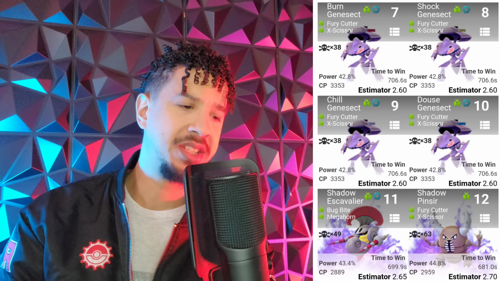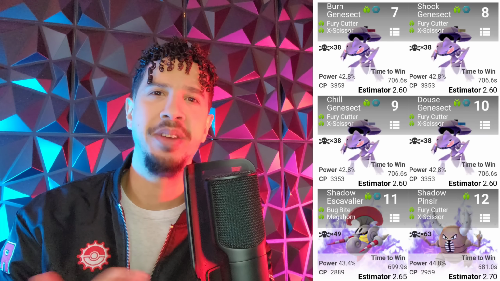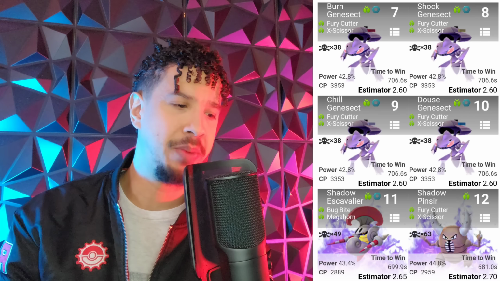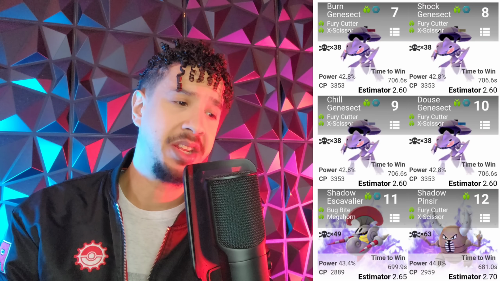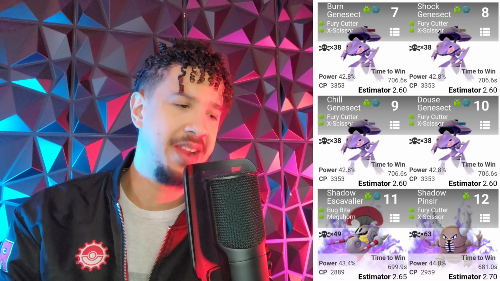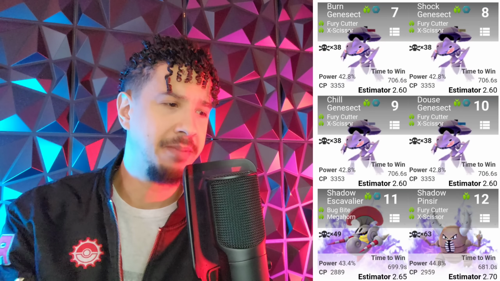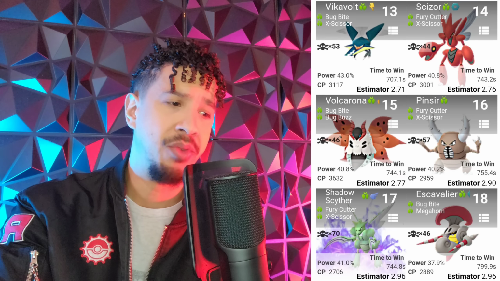And then we have Shadow Escavalier. I had a Shadow, had horrible IVs. Should have kept it now that we have the Community Day announcement. Could have used it for PvP, but too bad, so sad. You have that one as well, which is number 11. Technically, probably would have been like number 6. Yeah, it would have been number 6 if it wasn't for all these Genesects. All right. Then you have Shadow Pinsir as well. Okay. And then you have Vikavolt, and then regular Scizor,